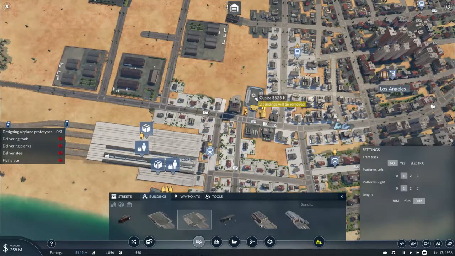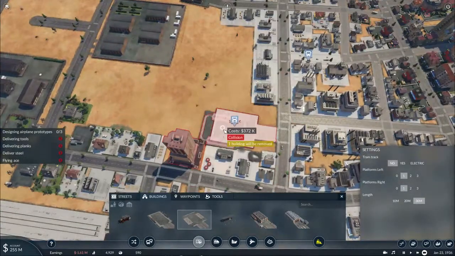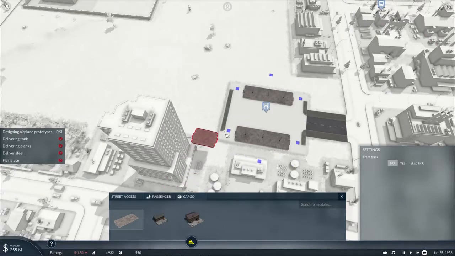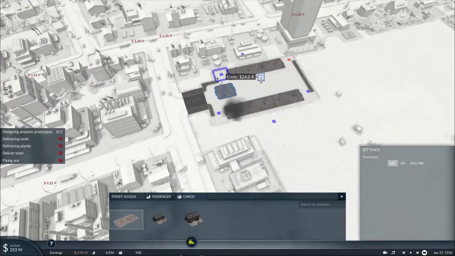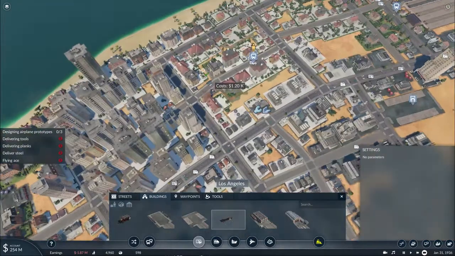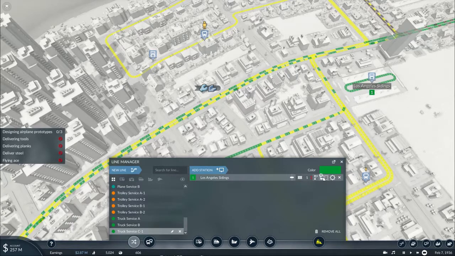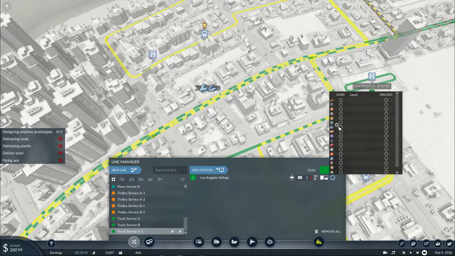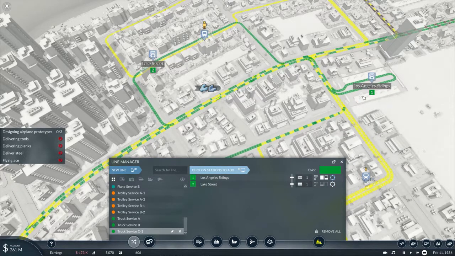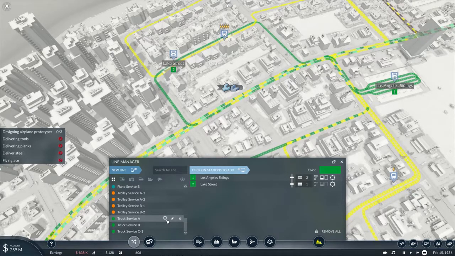Let me see. There we go. That way it shouldn't basically interfere with the main road. And then place that down. Call this truck service C1. I would load it with steel, deliver it there, and then truck service C2,